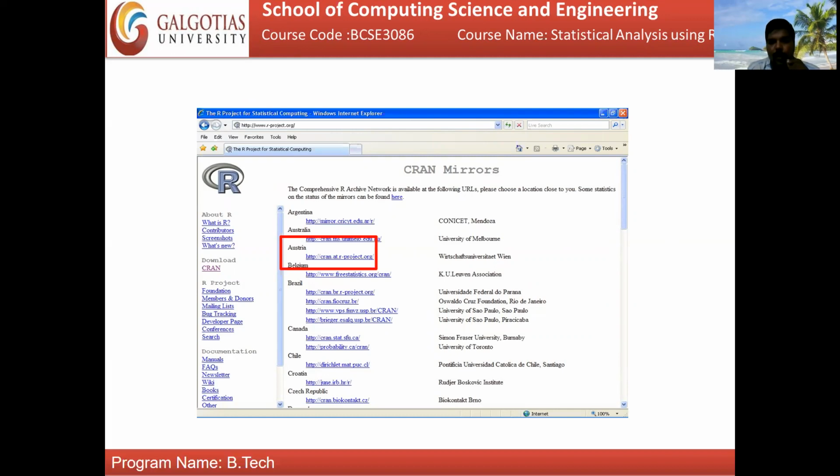So once you open the www.r-project.org site, you may see this page. Once you get this page, you have to select the server version. I am choosing the Australian version. You can see I am selecting it from the particular box. You just select that one. Once you do, you go to the next screen.